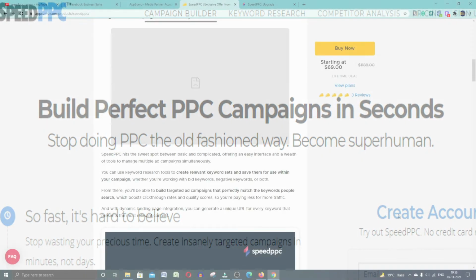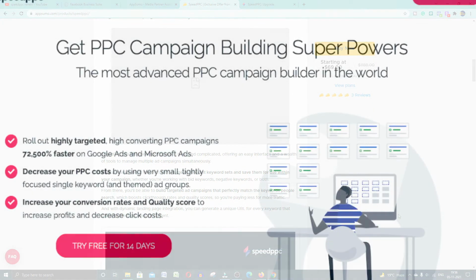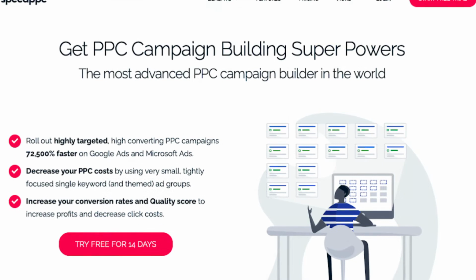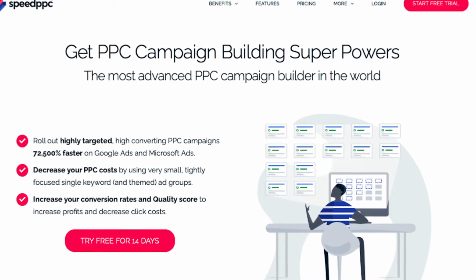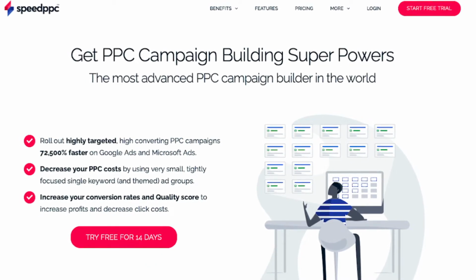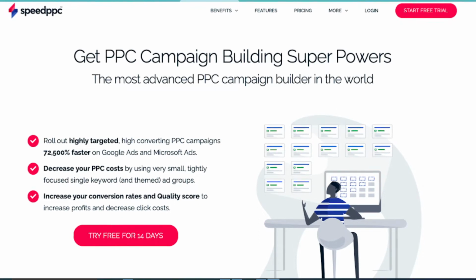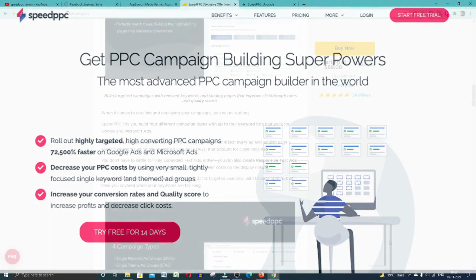From there, you will be able to build targeted ad campaigns that perfectly match the keywords people search, which boosts click-through rates and quality scores, so you are paying less for more traffic. And with dynamic landing page integration, you can generate a unique URL for every keyword that presents the most relevant content. So like this, this tool will help you.